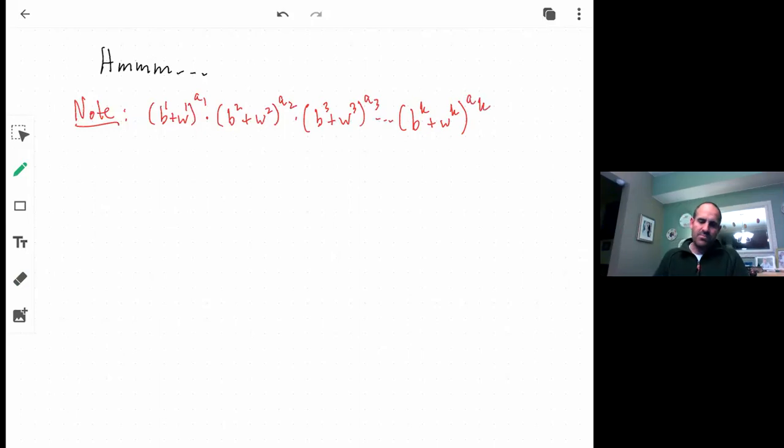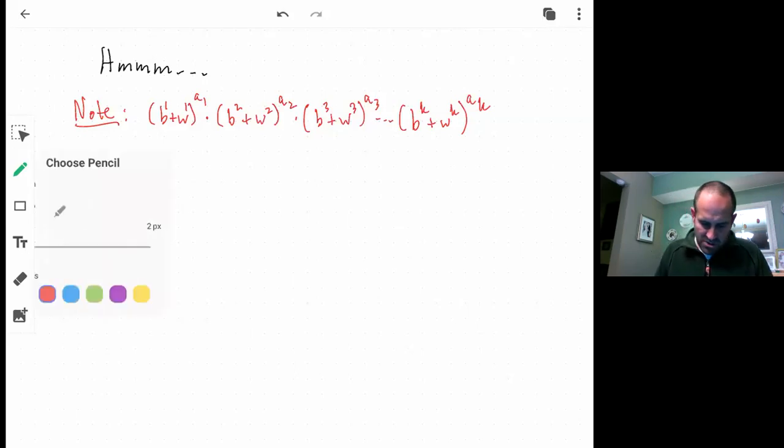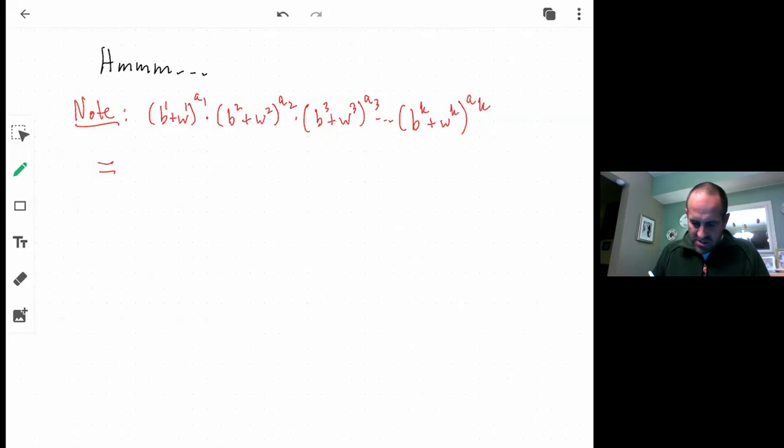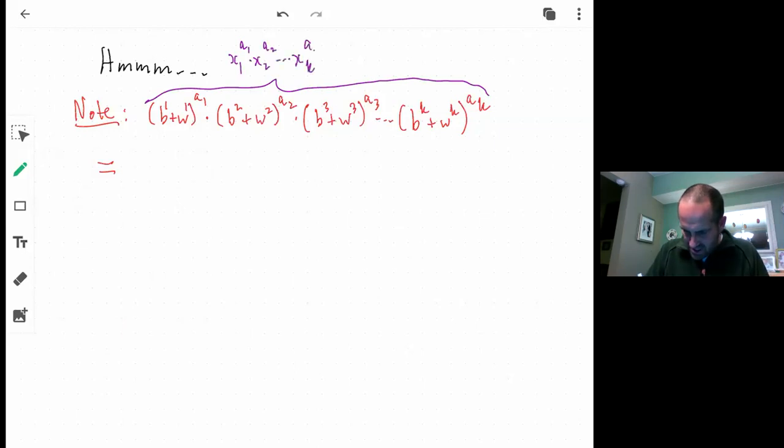All right, so watch this. What is this equal to? Well, first of all, that ought to remind you of the cycle index polynomial. Let me just back up for a minute. Notice that this giant product is just x1 to the a1 times x2 to the a2 times all the way up to xk to the ak,